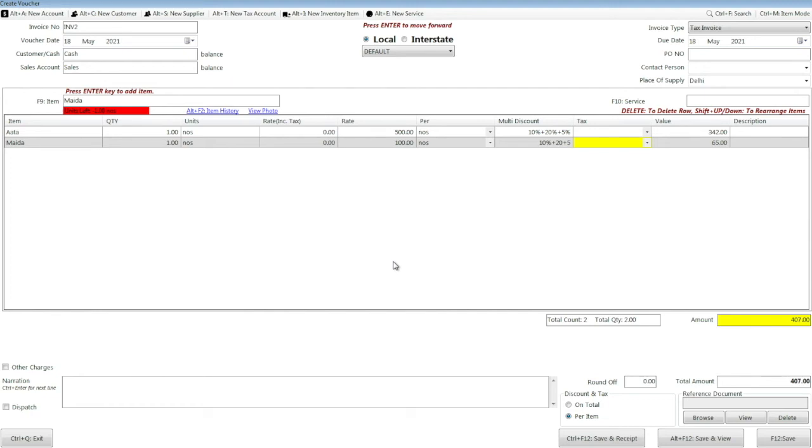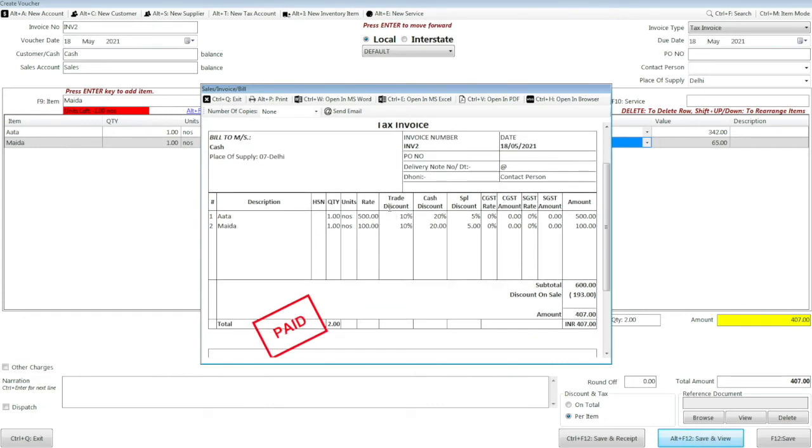I am not going to type the tax, you know how to add the tax, so that's very simple. Let's view the invoice. So yes, now it is coming very nicely. Trade discount in a separate column, cash discount in a separate column, special discount in a separate column. So yes, you can add multiple discount now in sale, purchase, sale return, multiple discount in percentage as well as in flat amount. So both the options are there. It's your choice how you want to type the discount, how you want to give the discount, and that's totally flexible.